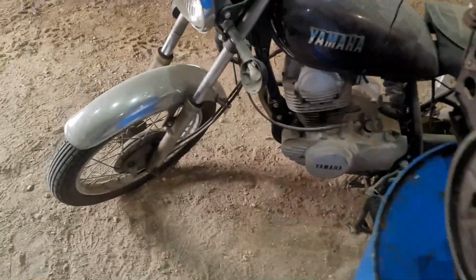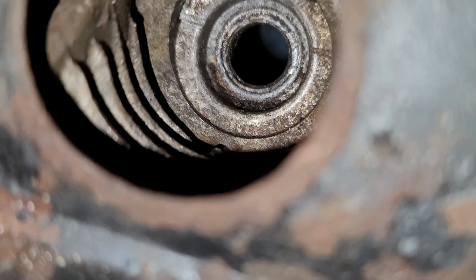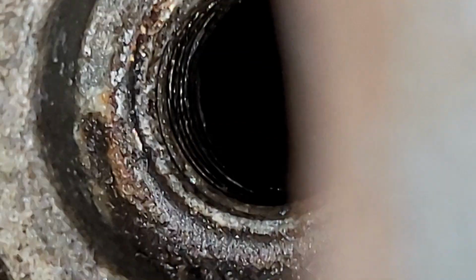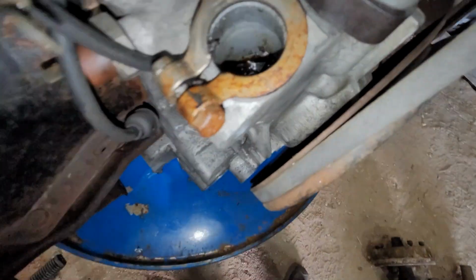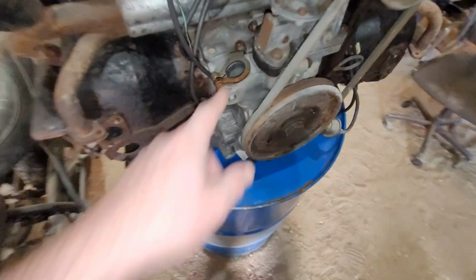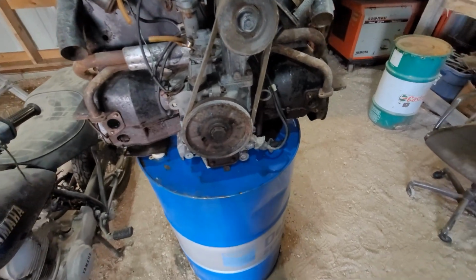As for the other side here, I haven't looked in it, so I'm going to do that now. Because who knows, it could be this side that's stuck, but definitely looks like... Oh, is that spark plug hole stripped? No, they're not really stripped, but... So, did that oil go down? It went down. I had the distributor shaft filled with oil too. See if any would go down, but...